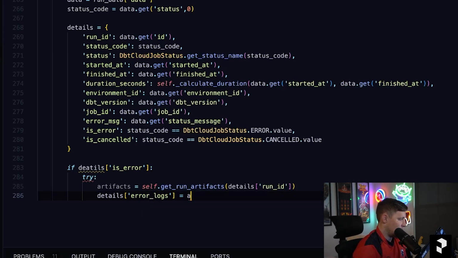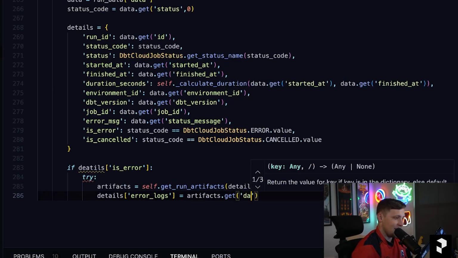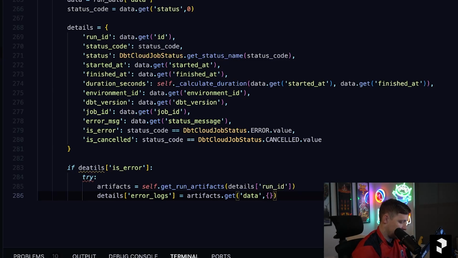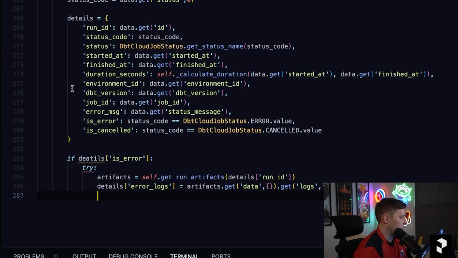So make sure we get these error logs, artifacts. Hopefully we don't have any errors, but we all know how that goes, right? Got to make sure we take care of this in case it does error. So data, perfect there, .get. I'm going to grab the logs. And then just in case, we'll say no logs available. There we go, perfect. And then of course for our except block,